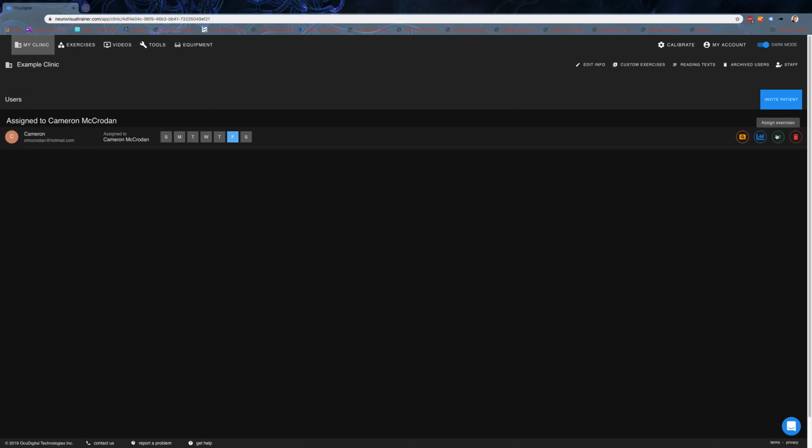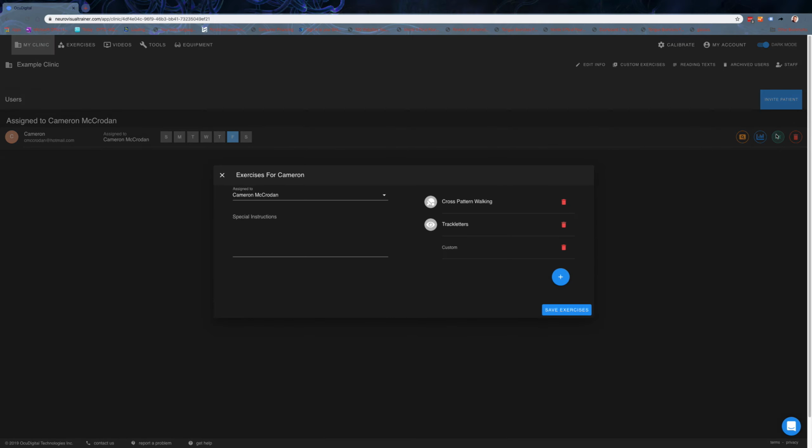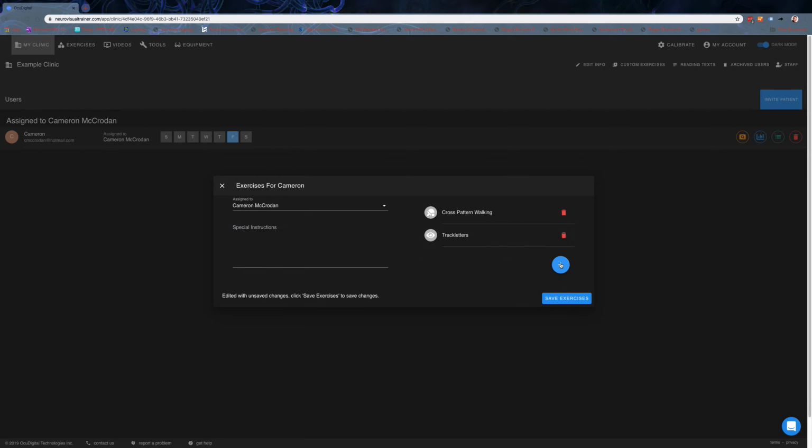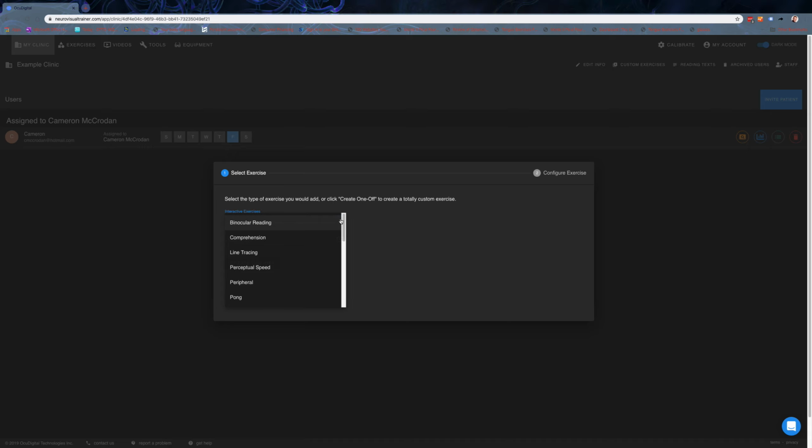The little green button here is for assigning exercises to the patient. So you can go through, choose what you're assigning to the person, give them special instructions that week. So we can delete an exercise, we can add exercises, choosing from the list of interactive ones that are based